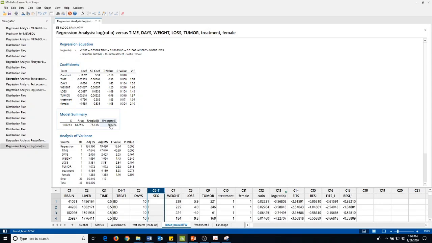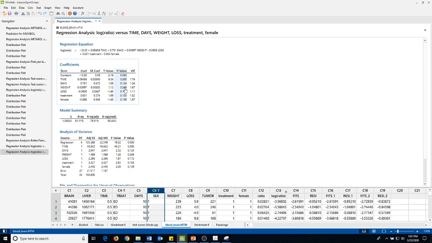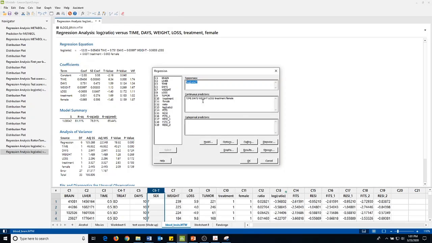What I do is I look at my coefficients and say, okay, which one has the largest p-value? It looks like tumor has the largest p-value, so I'm going to throw that out. I would go to Stat, Regression and fit my regression model, except I'm going to throw out tumor and run the regression again. When I run it again, I look at my p-values and look for the largest one above a certain threshold, usually like 0.1. And here it looks like weight is the largest, so I'm going to throw out weight. So go to regression, throw out weight,